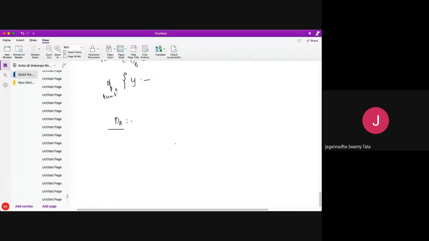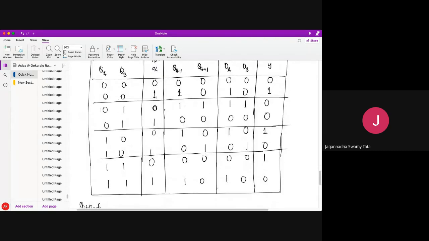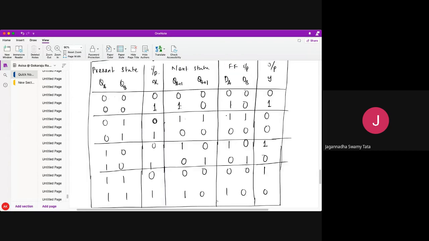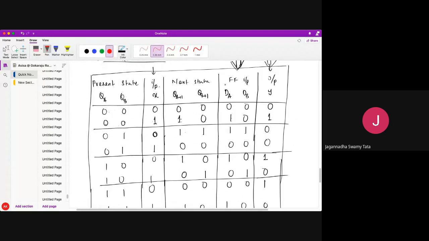Okay. So it has 3 variables, so 8 cells I can design. QA, QB, X. So this is QB bar X bar, QB bar X, QBX, QB X bar. Similarly, QA bar, QA. And we know how the place values look. It looks like 0 1 1 0 for DA. I'm doing it for DA, so I have to see the DA column.